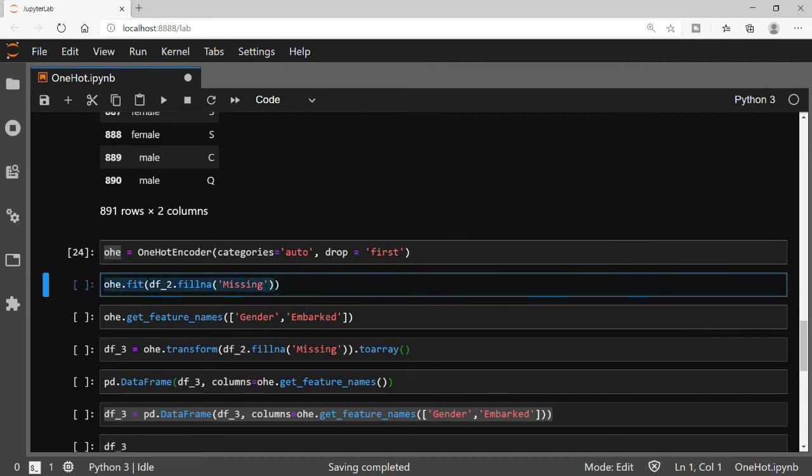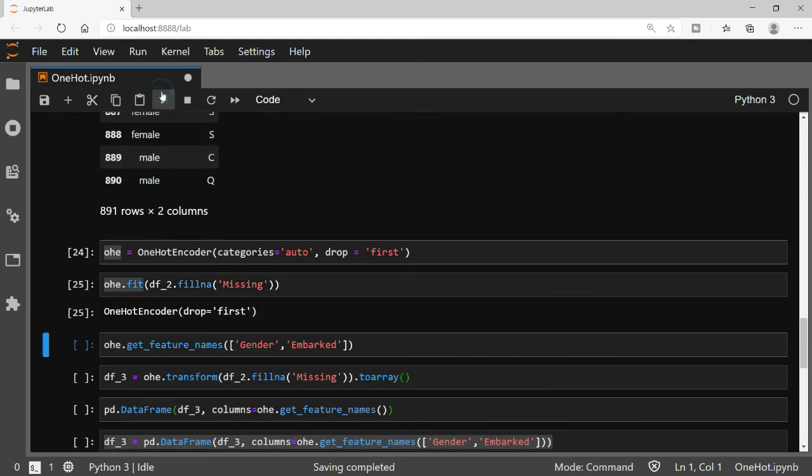Here, for simple demonstration, I have filled all the missing data with the category missing. You can see this in missing category imputation, which is a separate, fully dedicated video. So here in just one line, I have filled my data frame with the missing category, wherever there is an NA value. And then you can see that I have fitted my encoder.